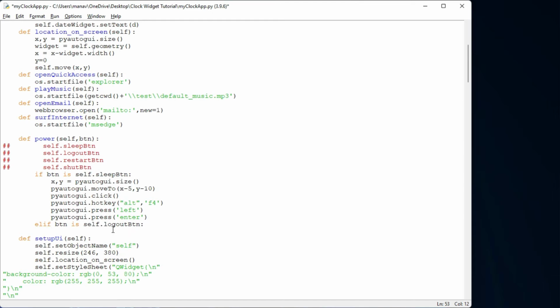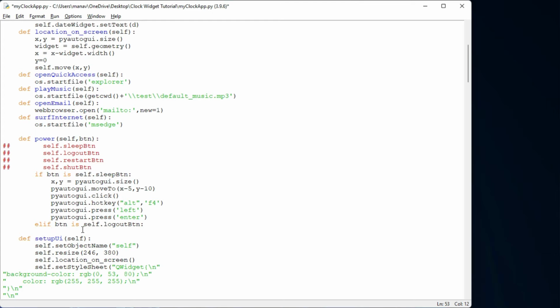First of all, sleeping the computer is not a problem for us, because it will be in sleeping mode, and all my applications will still be open when you open your computer again. But if you log out the computer and you have not saved any of the files, then they will be corrupted, right? So for that I will give a prompt: do you really want to log out? If the user clicks on Yes, then logout will happen, right?